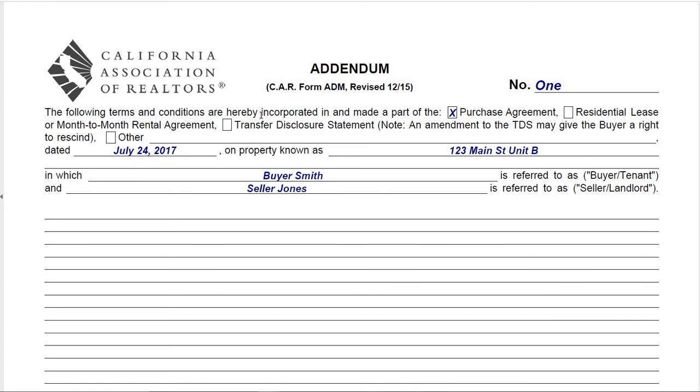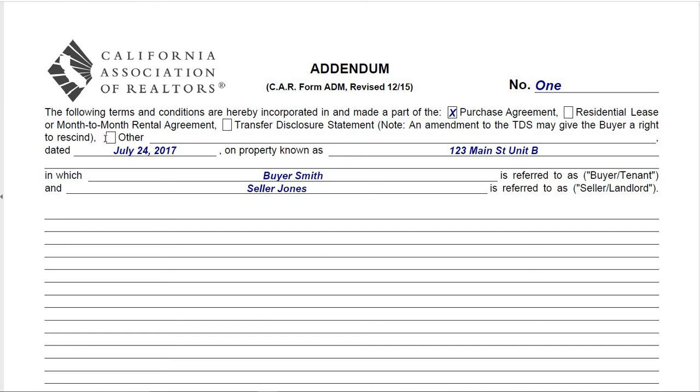Whatever it is an addendum to, you're going to mark that up at the top of the form, or you can always choose other. So if you're adding an addendum to any particular document in this transaction, you can put other and then name the document here, and then you're going to refer back to the date that particular document is for. So in this case, if it's an addendum to the purchase agreement, our purchase agreement was dated July